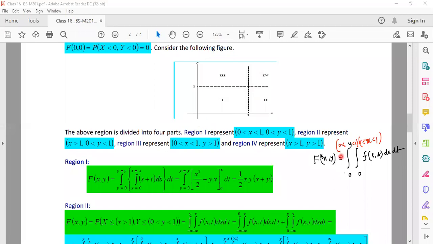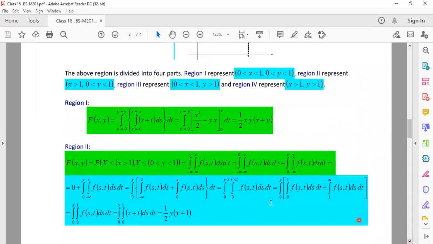That is not very difficult to understand. Next, we are moving to region 2. Now let us try to understand region 2 very carefully. In the previous form of the note, which I haven't shared with you, the calculation of this particular part was not that explicit. So I have tried to write the expression in an explicit manner over here.